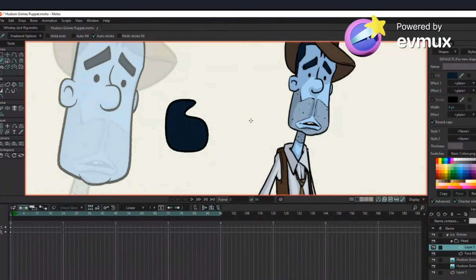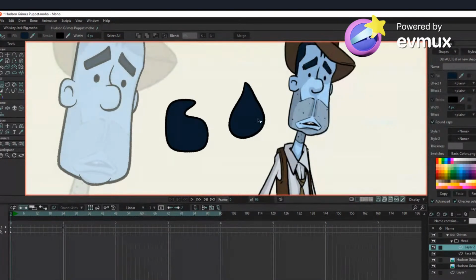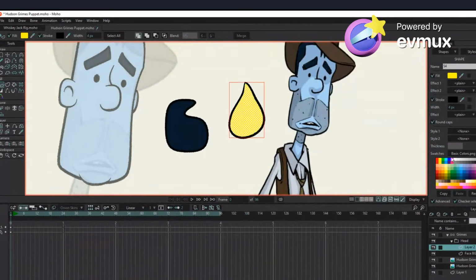So I would make a shape like that, add some color to it, fill, autofill, and let's change that color. Select that, change it to yellow, and take the stroke off.